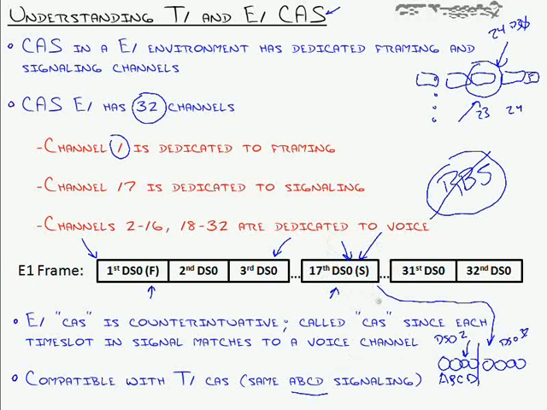Because of that, most E1 carriers don't use CAS, because there are benefits that you get in using CCS, meaning a dedicated signaling channel, common channel signaling, that you can't get with CAS. So with E1, they're saying, why would I do this if I can use CCS and get more benefits, and I'm not really gaining or losing channels whichever way I go? The only reason E1 CAS is around, in my opinion, is because it's compatible with T1. If you need to bridge E1 to T1 connections, maybe there's some international divide there, then you can do that using E1 CAS.